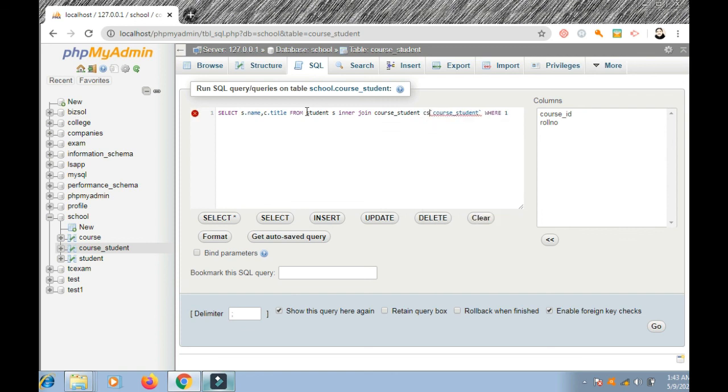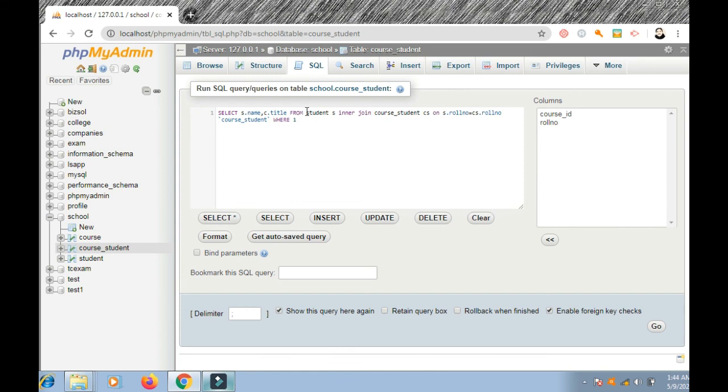Because if there are 50-60 columns, if there is a big form and we have to store that form, we have to write student.name, student.title, student.address, student.email. It is not easy. So how do we do that? We use short names.